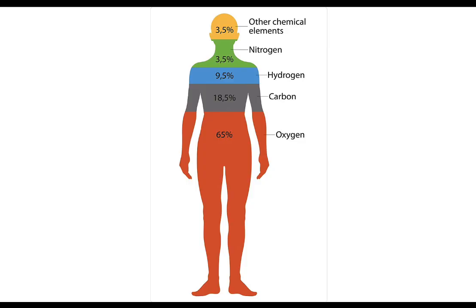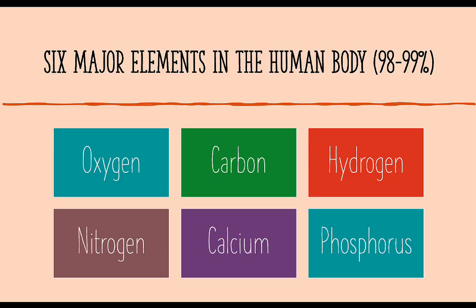Of the rest of the non-water stuff, it's mostly structured based on carbon. These commas here are European-styled commas, so it should be periods: 3.5%, 9.5%, etc. But carbon-based life forms, that's what we are. That's what life is constructed of. It's that skeleton that makes up what our bodies are made of, the non-watery stuff. Then hydrogen from water, some nitrogen, some other chemical elements. This is what we are made of. 6 major elements. Here they are again, making up the majority of our biology, and we're going to learn more